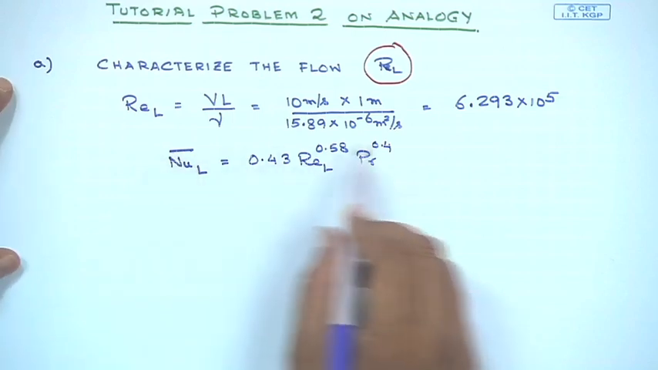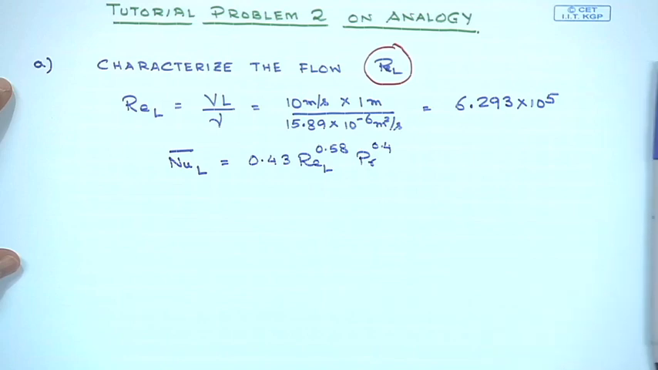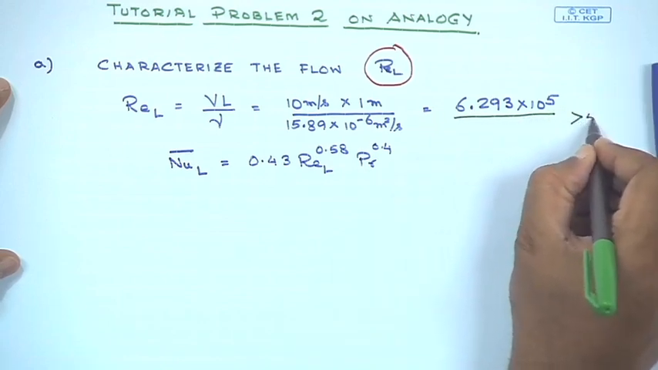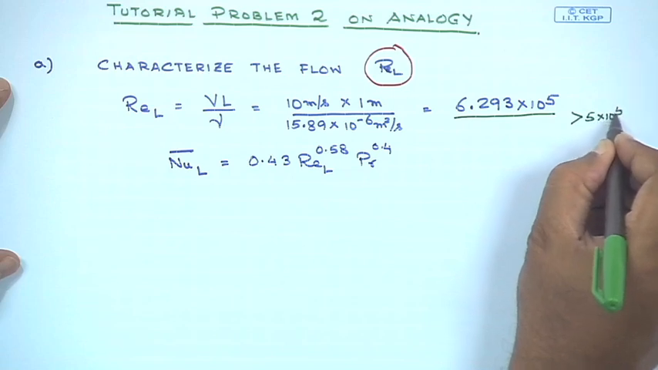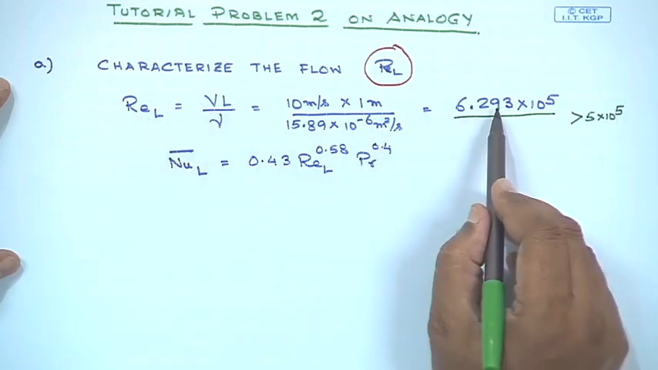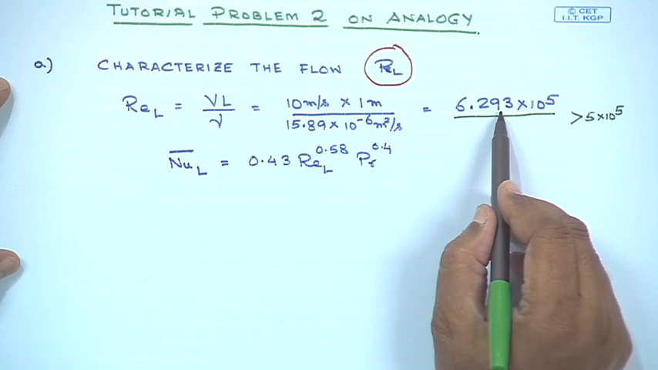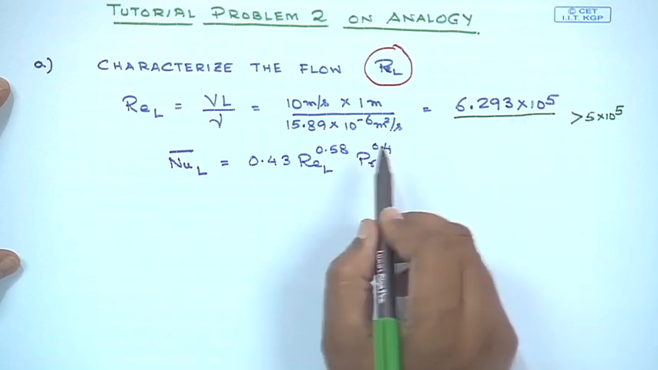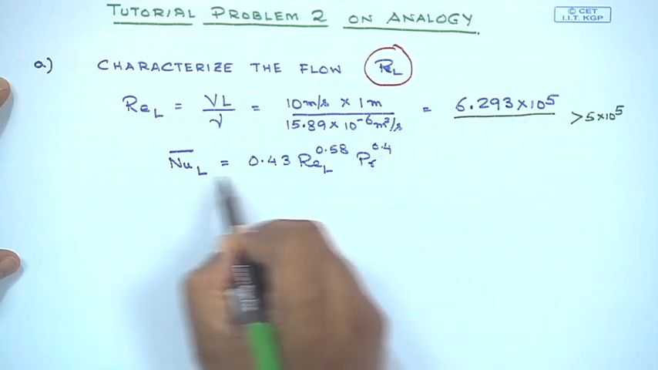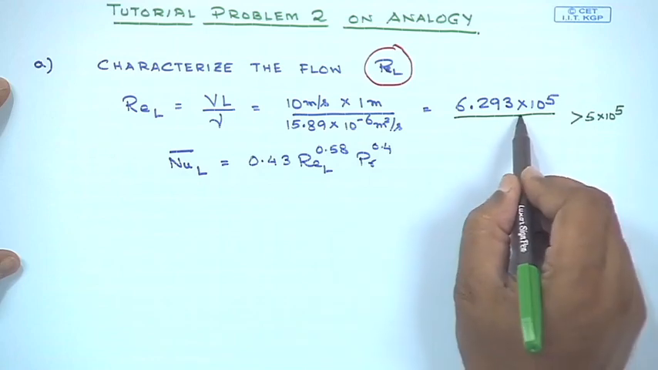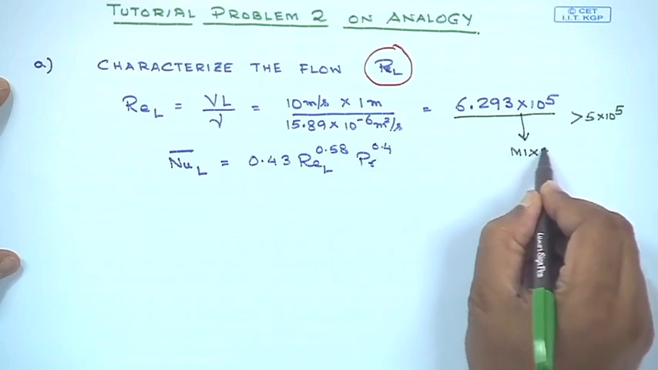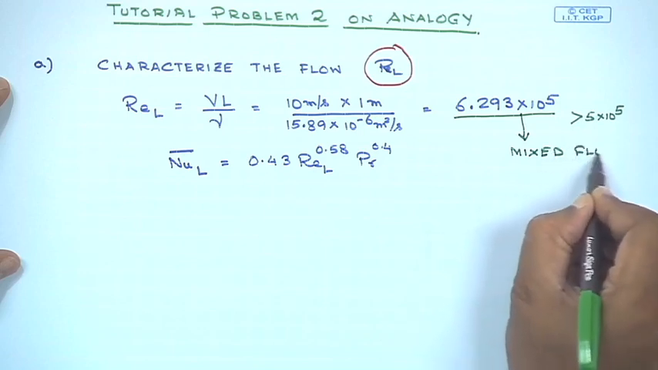If it is not provided, then we realize that this value being greater than 5 into 10 to the power 5, this value of Reynolds number corresponds to turbulent flow. Now, it is unlikely that the flow is going to be turbulent from the very beginning. So, in absence of the Nusselt number relation, the other choice is to use the mixed flow relation